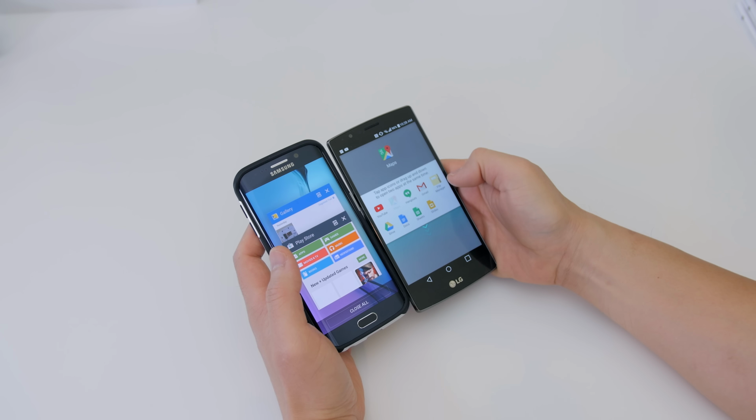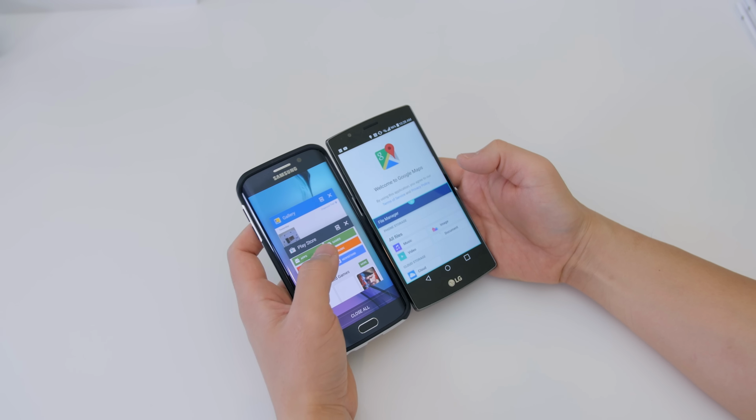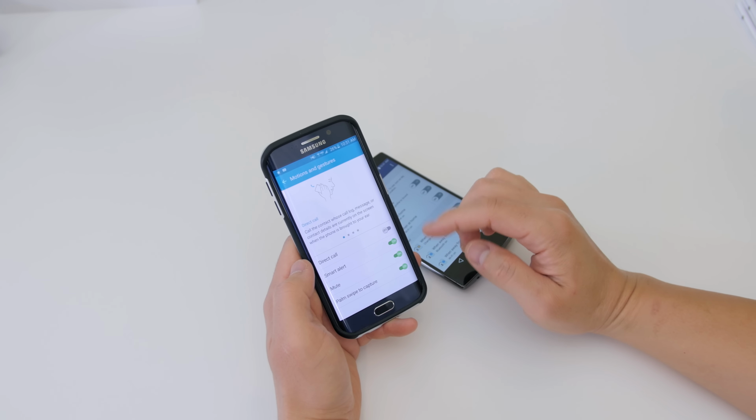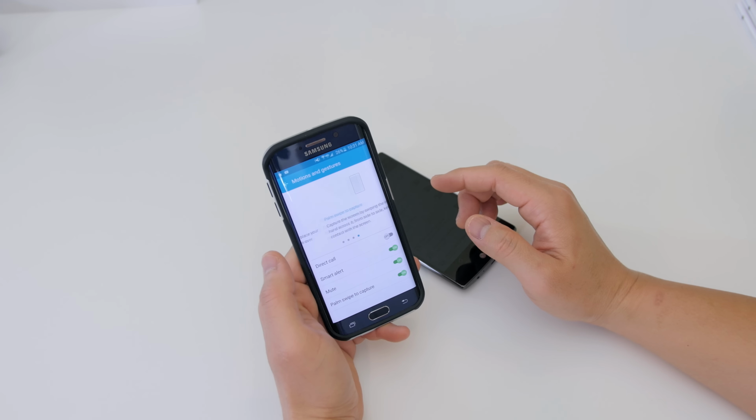They both feature multi-window, but it makes a little bit more sense on the G4 since it has a larger display, and I do like the implementation on the Galaxy S6 where you can just multi-window right from the multitasking tray. The Galaxy S6 does feature a little bit more with more motions and gestures and also the fingerprint scanner,